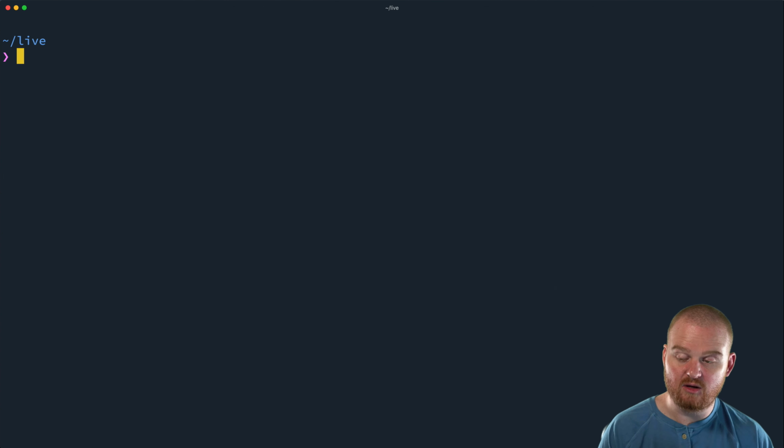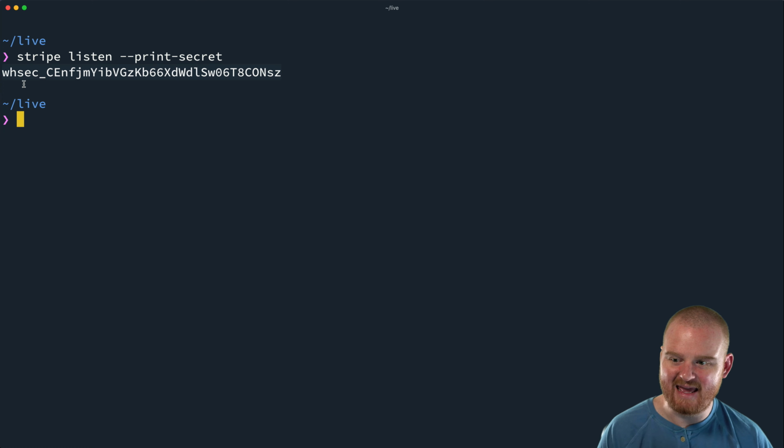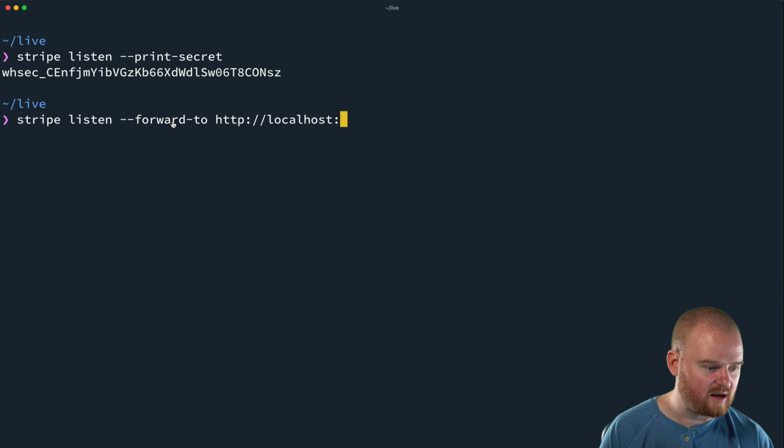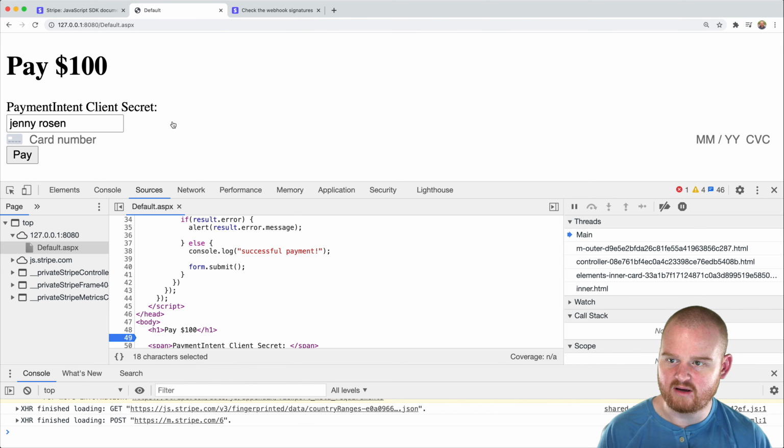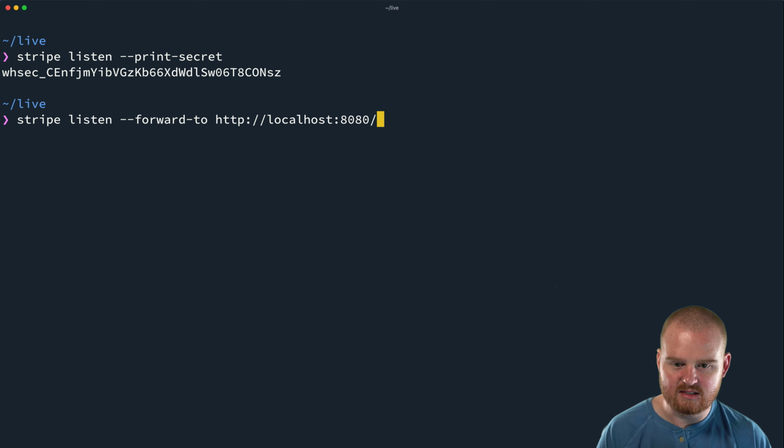So if you want to just get the endpoint secret, you can say stripe listen --print-secret, and this will give you a webhook endpoint secret for working with the Stripe CLI. In practice, you can also just say stripe listen --forward-to localhost, and I can never remember the port that this is being. Okay, so 8080/